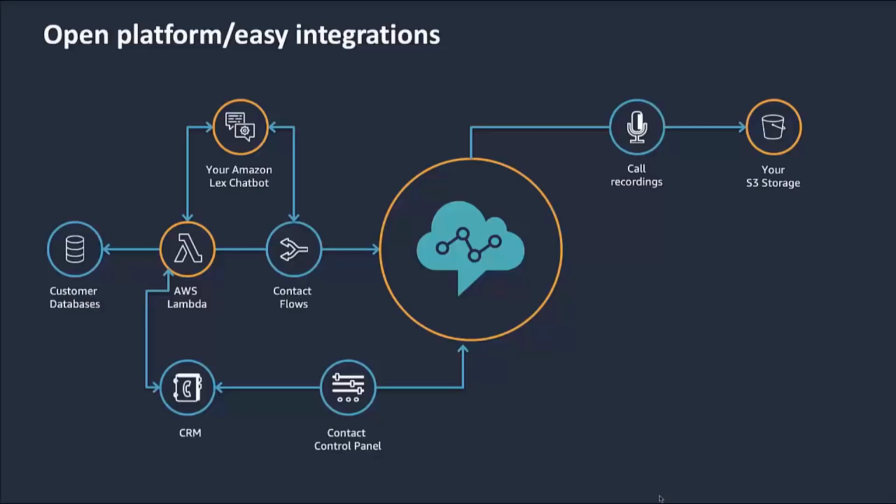Amazon Connect includes call recordings natively as part of the product. You can choose to record the customer audio, the agent audio, or both the customer and agent audio. Call recordings are standard stereo wave files with a separate channel for each of the agent and customer audio legs. The call recording files are stored in your S3 bucket, enabling you to choose the retention period and using your own encryption keys to secure the files.